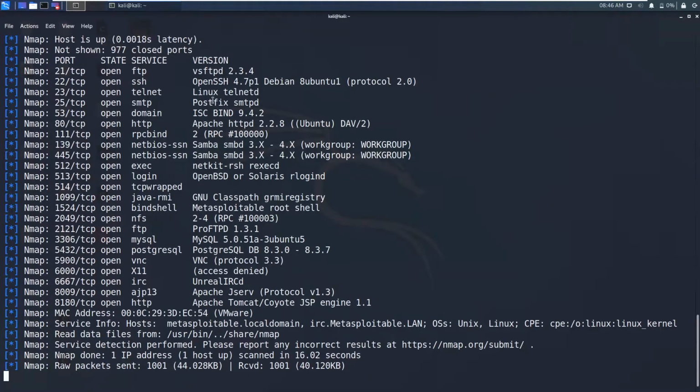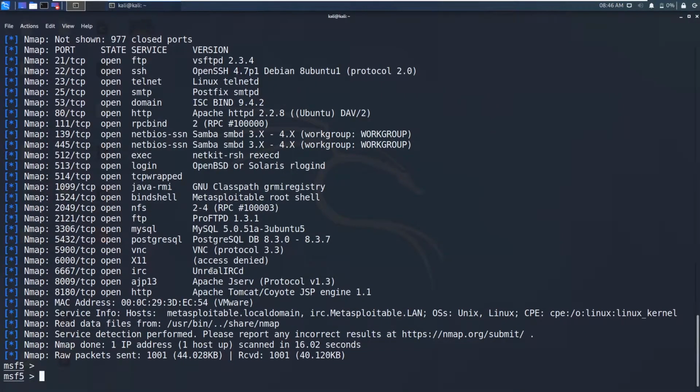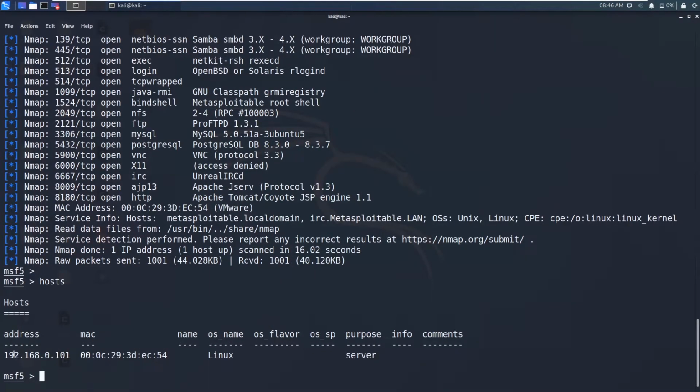As you can see, there are the service version numbers. To see the hosts that you have scanned, you can type hosts and you can see the IP address, MAC address, OS name, and the purpose, which is just server. Okay, it's Linux, and the IP address is this one and the MAC address is this one.